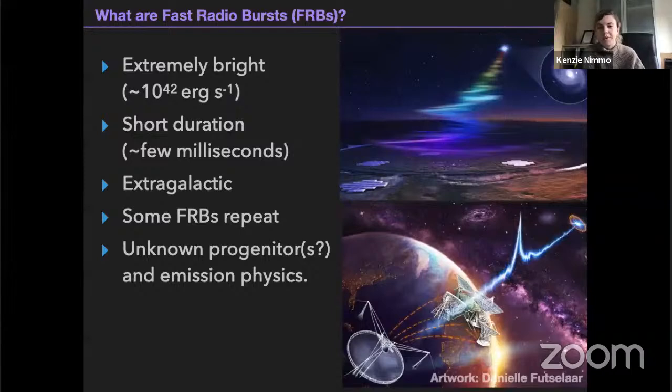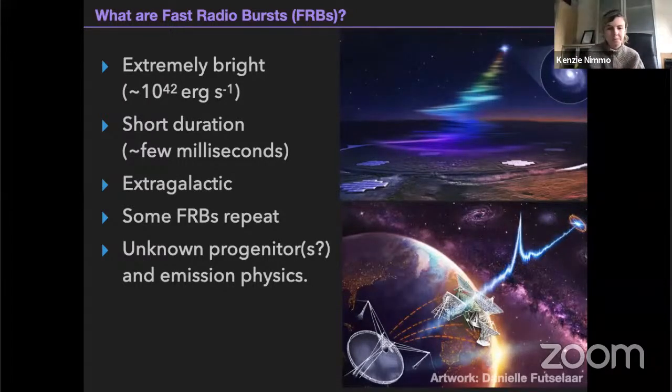So first, what are fast radio bursts? Fast radio bursts are extremely bright, short duration flashes of coherent radio emission that come from extragalactic distances. Some fast radio bursts have been seen to repeat, and others have been seen only once. The repetition is clustered, so we have periods of activity and inactivity, and the activity level varies quite drastically between different sources. It's currently unclear whether there are different types of FRBs, if there are repeating and non-repeating distinct classes, or even more characterizations of FRBs. But the overarching questions are, we don't know what objects produce fast radio bursts,